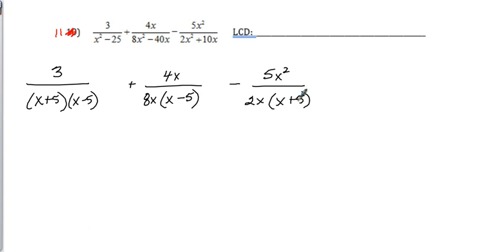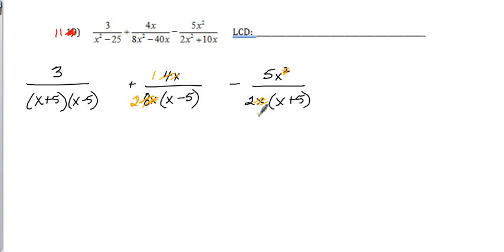Now, please note, make things easier on yourself. If any of these fractions can be simplified right off the bat, I would do that. Why have a lowest common denominator that's bigger than you need it to be? This x and this x cancel. This 4 and this 8 turn into a 1 and a 2. This x and this x cancel and just leaves an x to the 1 power behind. So now that you have